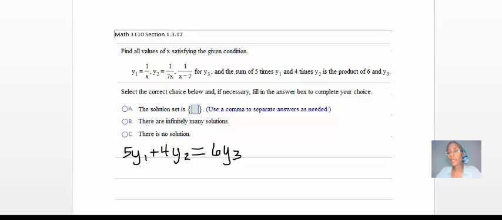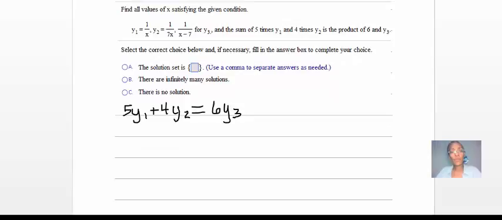And we want to replace y1 with 1 over x. We want to replace y2 with 1 over 7x. And we want to replace y3 with 1 over x minus 7. Now,